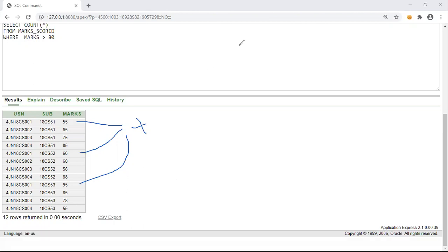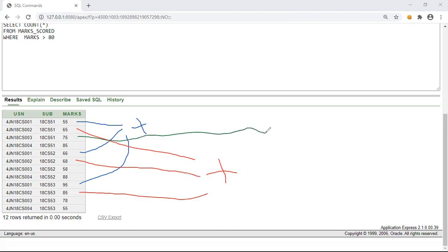Similarly for the second student, we'll take this value, and this one, then we will perform the addition operation. Similarly for the third student also, we'll take their values and then we'll perform the sum operation.